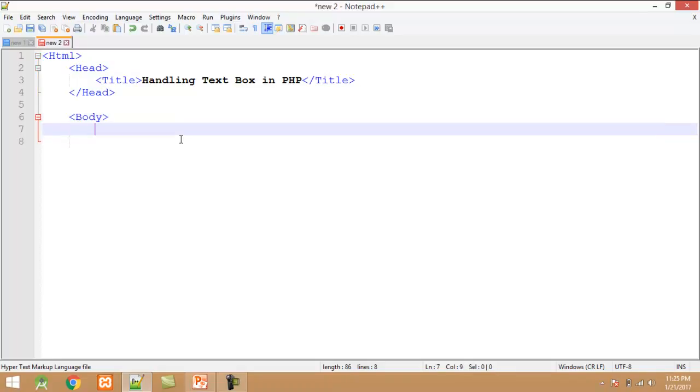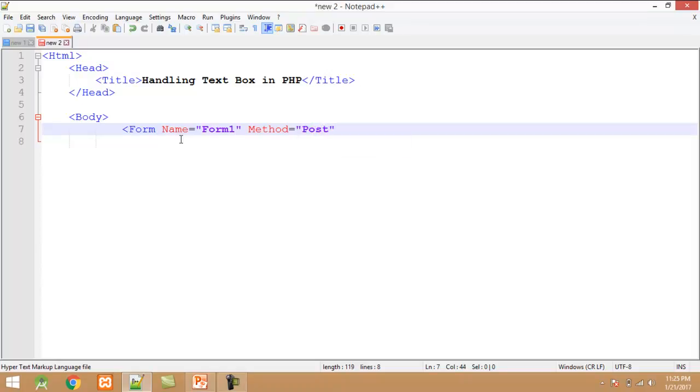In body tag I use form tag, which is used to design HTML form. The form tag contains three attributes. First one is name, which is form1. Second attribute is method. Method attribute contains two values, either post or get.